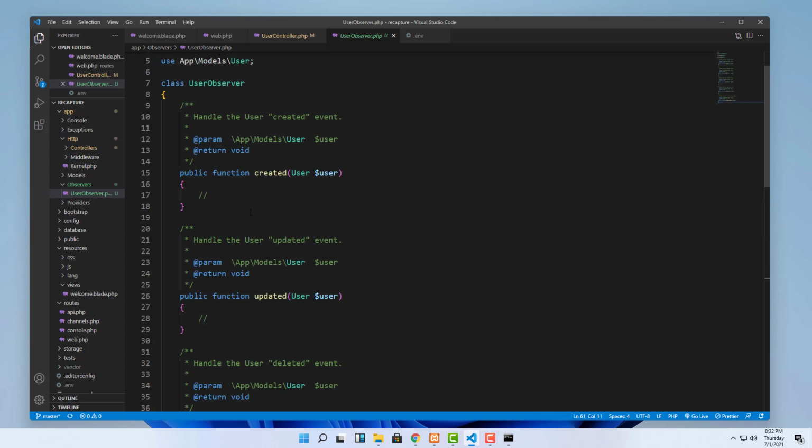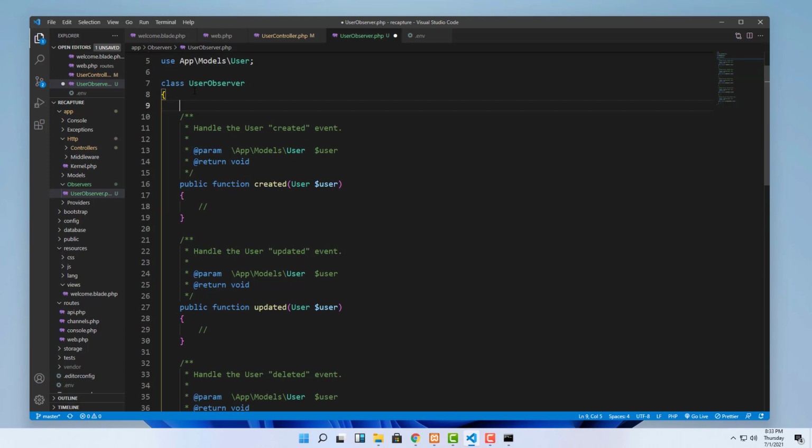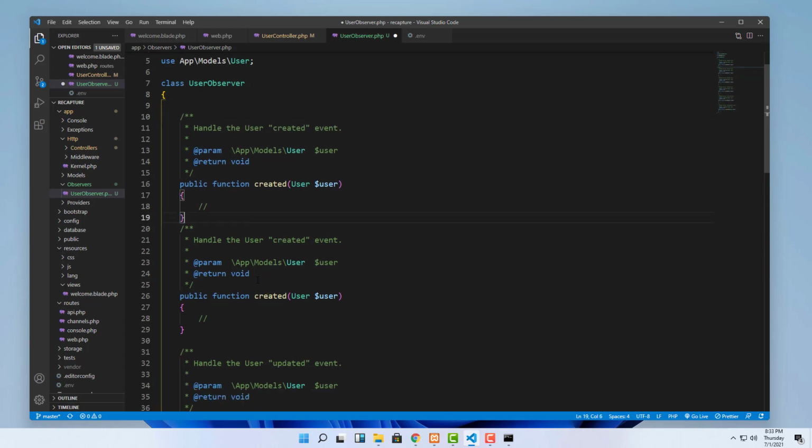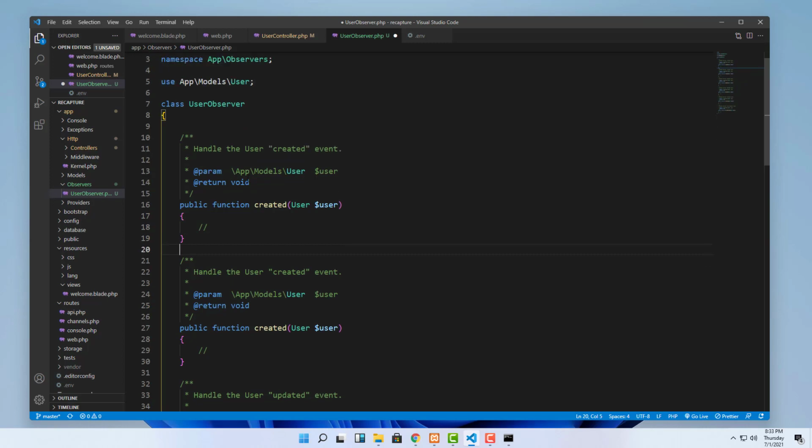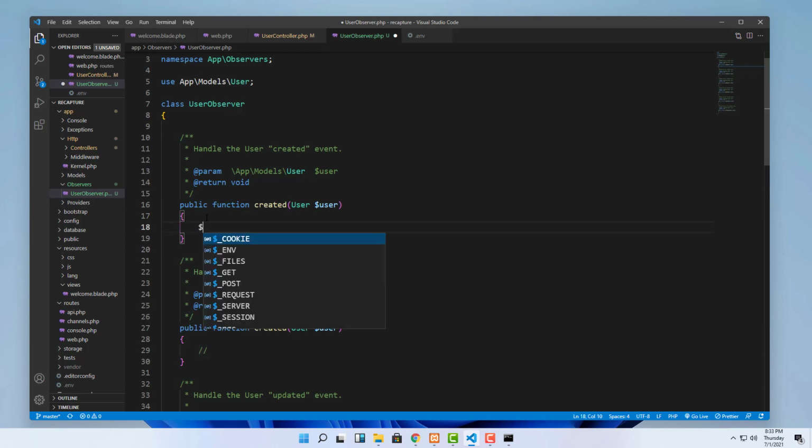So events that you can add are like creating. This one is after the model has been created, but you want it to happen in the process of creating, right? So we'll just copy that, and since that comes before creating, you'll just paste that code there. Okay, so you can see you have the user here. So what you want to do is to get that field called the password. So you just do user password